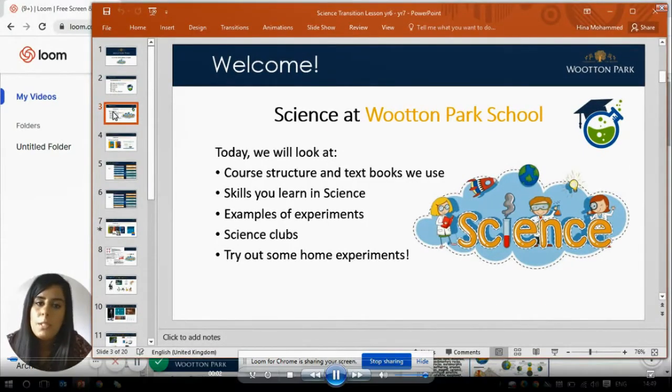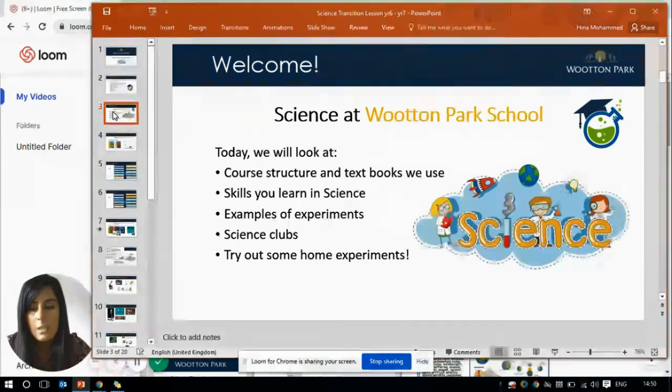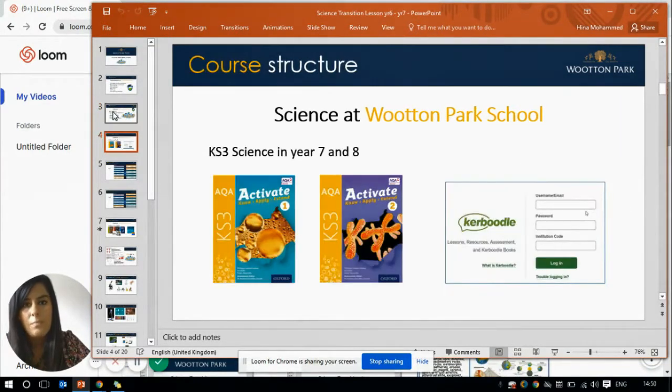In terms of our course today, what you're going to look at is the course structure and the textbooks we use, the skills you learn in science, examples of experiments, science club, and hopefully you get a chance to try out some experiments yourself. So when you come into Year 7 and Year 8, the textbooks available to you are